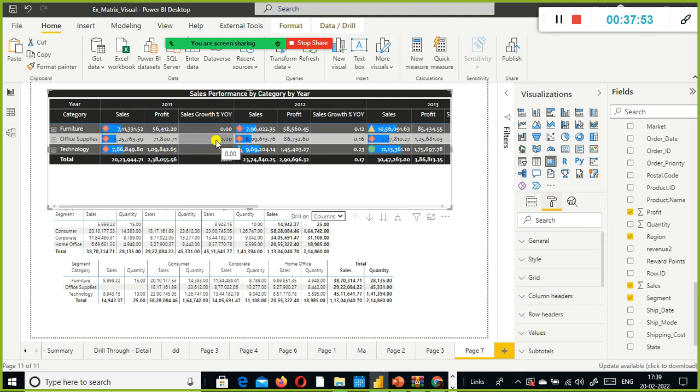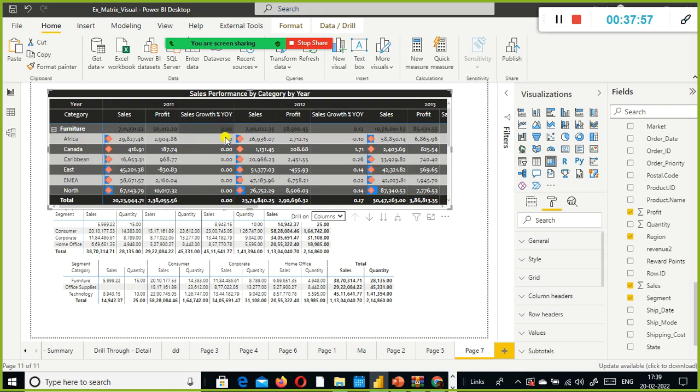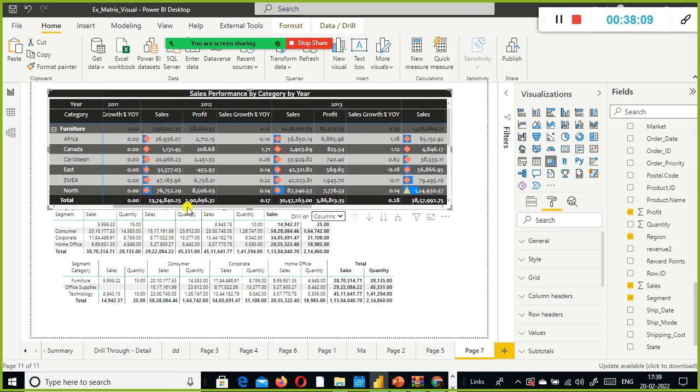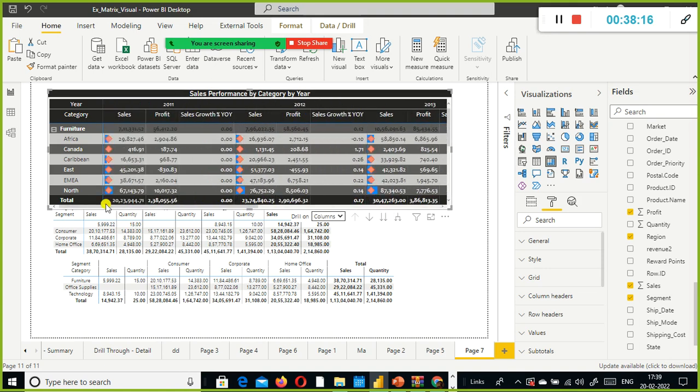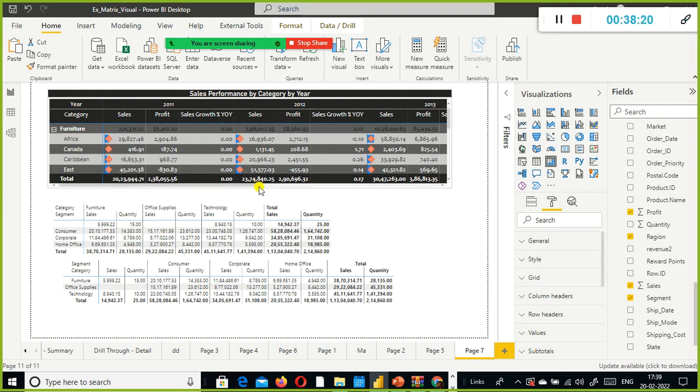So we don't see anything here. Okay, and why are we not seeing anything? Because in 2011 is when they started the business, so in this case we have compared the current year sales with the previous sales. Since we don't see anything, it is coming as 0 here. Whereas for 2012, 13, 14, we are able to get some values here. So that is the reason we are not getting anything there.